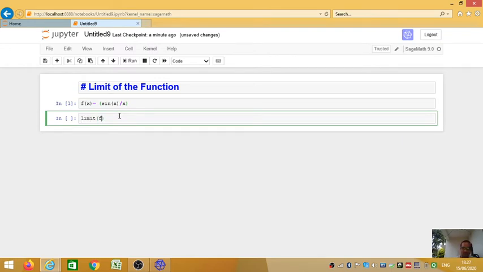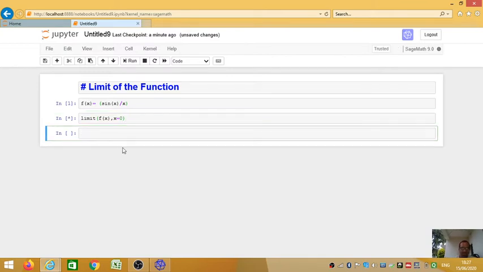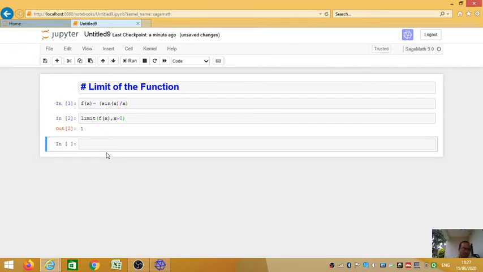So in Sage Mathematics software, the command is limit, right, of f of x. Then I will find the limit of this function at point x equal to 0. This is a standard result. You know that limit x tends to 0, sin x upon x is always 1. You know that. Okay, by using the L'Hospital rule. So by using Sage Mathematics software, it will be 1 or not. Yes, you can see here on the screen the value of this function is 1.